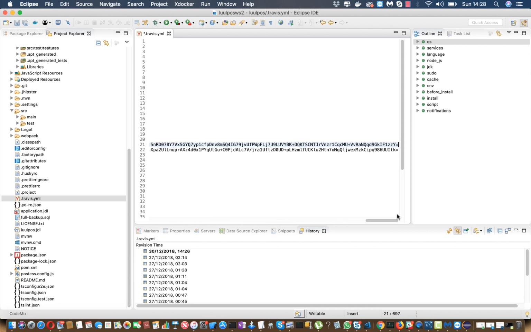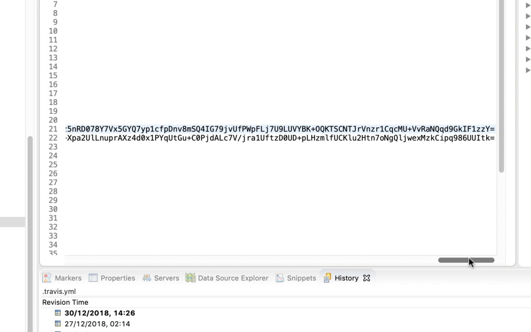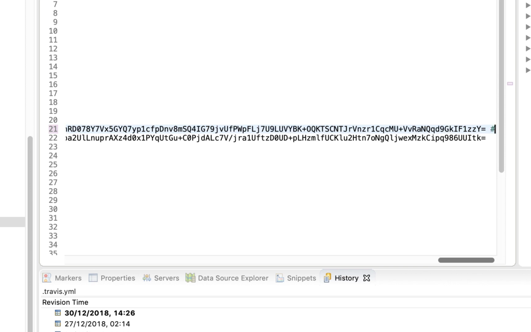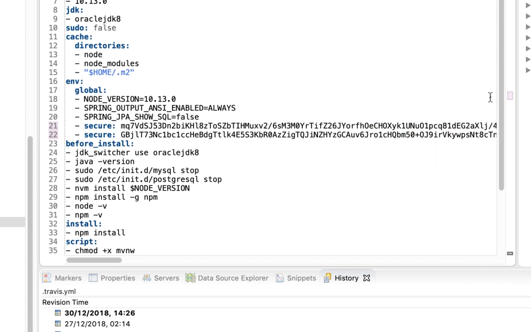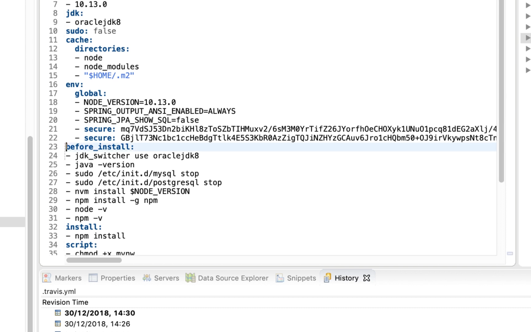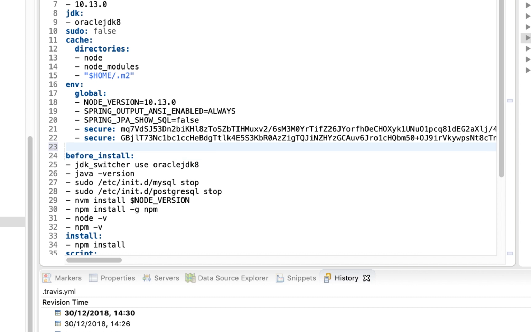Travis will know which string is which because it uses a very advanced and complex algorithm to encode this, and then later when it's running it decodes and rebuilds the user and password. But for us, let's have it labeled, and this was the Docker user, and this was also the Docker password. So we'll just have pass in there. Let's save it. The next thing we need to do is declare another environment variable, and we'll call it